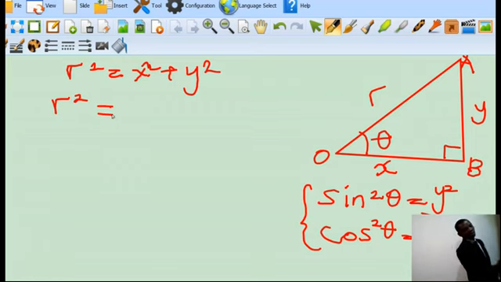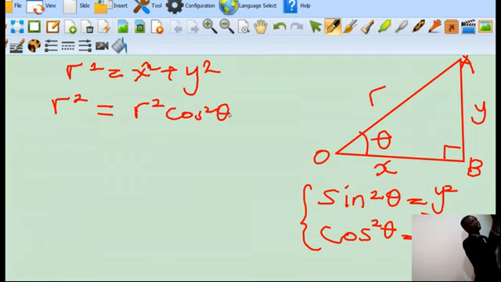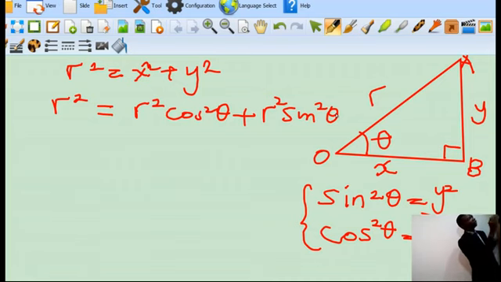When we make x squared the subject of the formula here, we arrive at r squared cos squared theta. Similarly, if we make y squared the subject, we arrive at r squared sin squared theta. Now, dividing this equation by r squared, we obtain an expression for cos squared theta and sin squared theta,